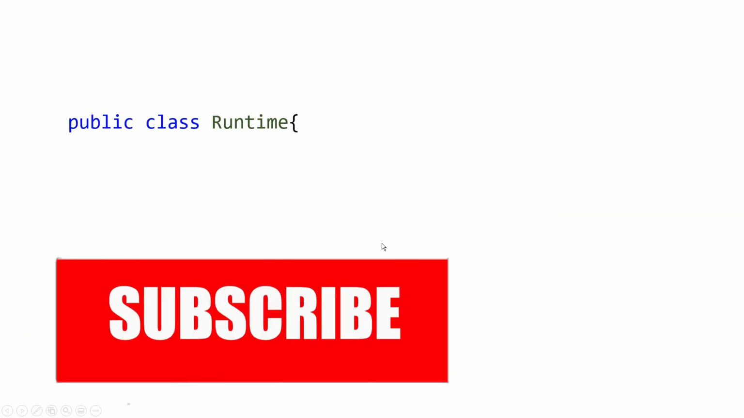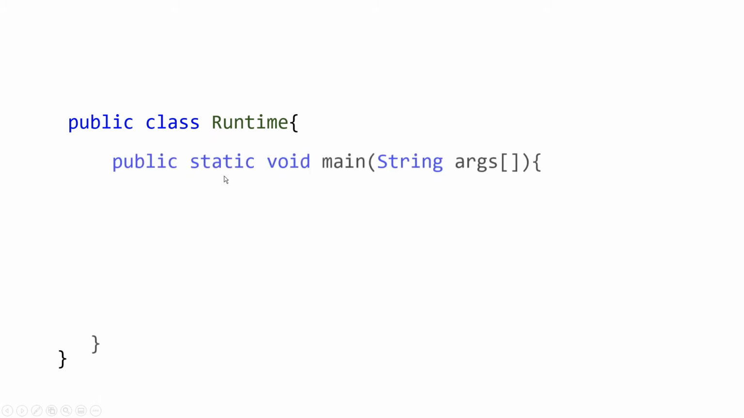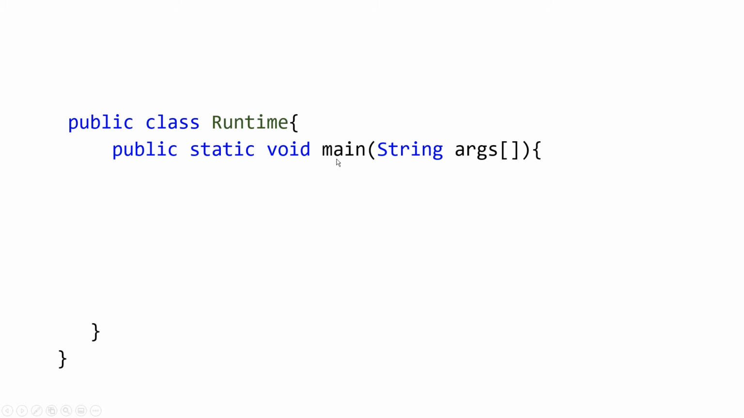So let's now first create a class, and I have named it Runtime. Within that class, we have created main(String[] args). You can see the main function has an argument args. Now you can write the name of this parameter as args or arr or anything, but that has to be String. So what I'm going to do next is I created a variable sum